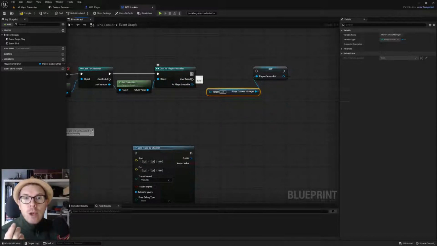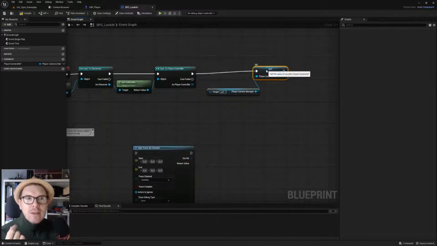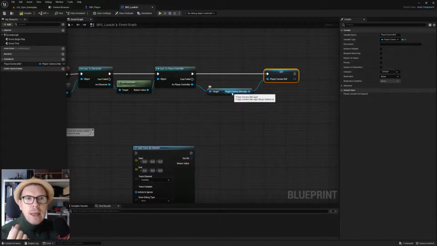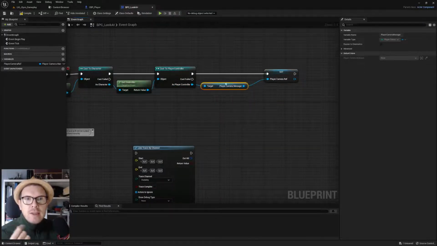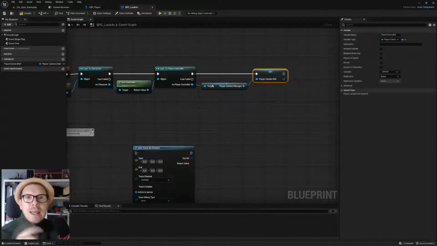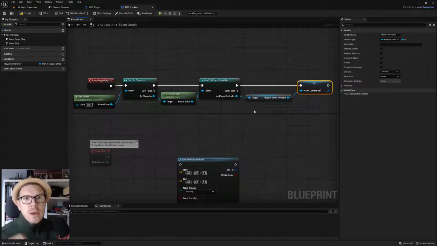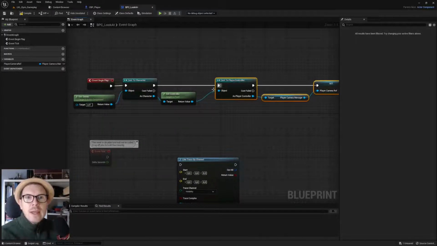Oh, and we know that that will also be the case. So from the player controller, we get the player camera manager, because that is a default C++ integrated feature in the player controller C++ function. So we're only working with casting in C++